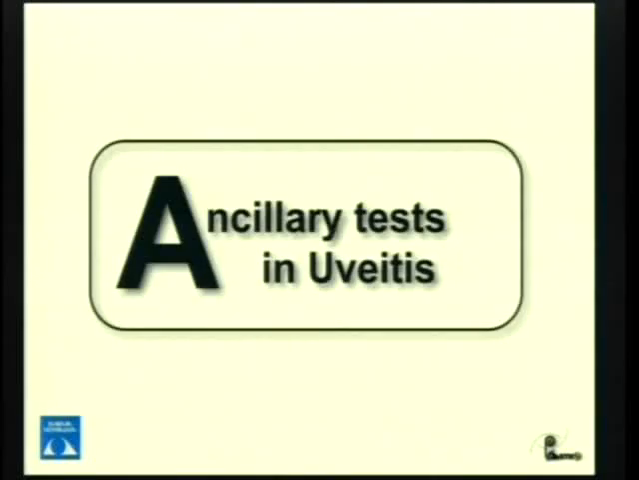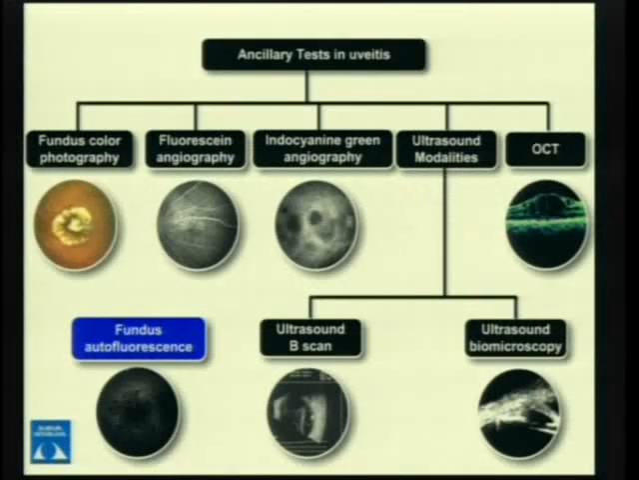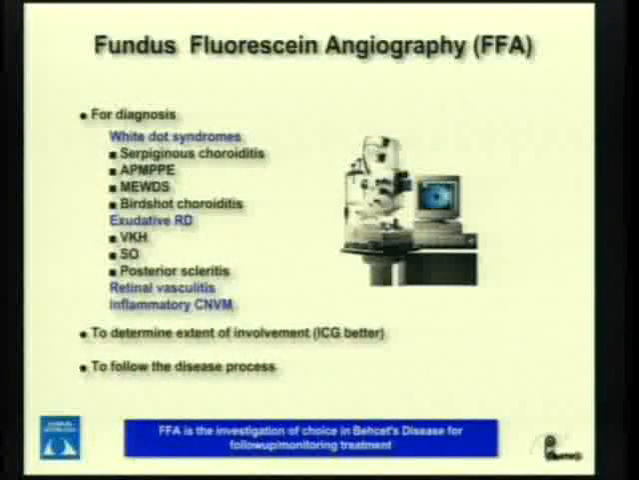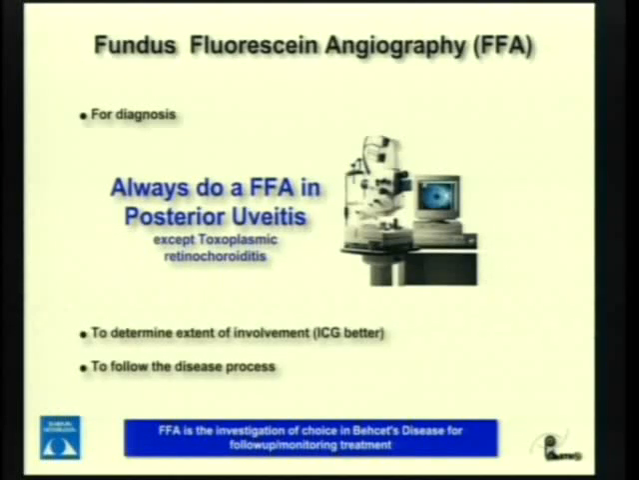So now, while we have a lot of this ancillary testing in uveitis, starting from fundus color photography to the recent fundus autofluorescence, fundus fluorescein angiography can be used for the diagnosis. This is a very long list, but the rule is, whenever you see a posterior uveitis, except toxoplasma retinitis, always do a fundus fluorescein angiography, which helps us to determine the exact extent of the lesion and follow the